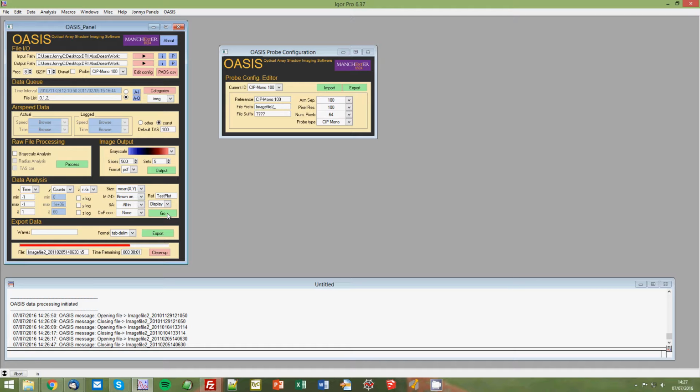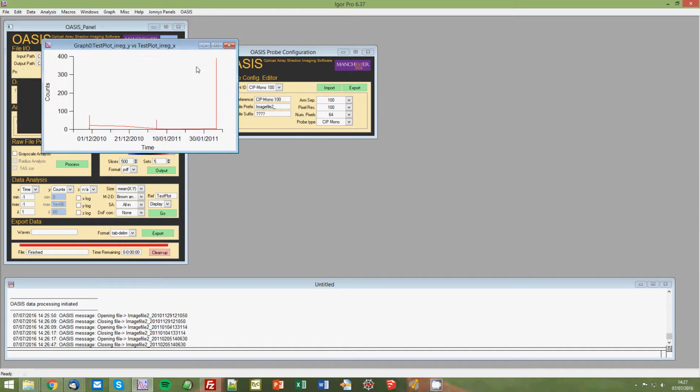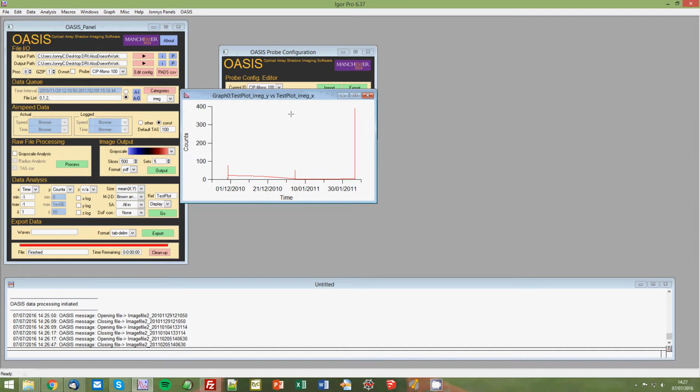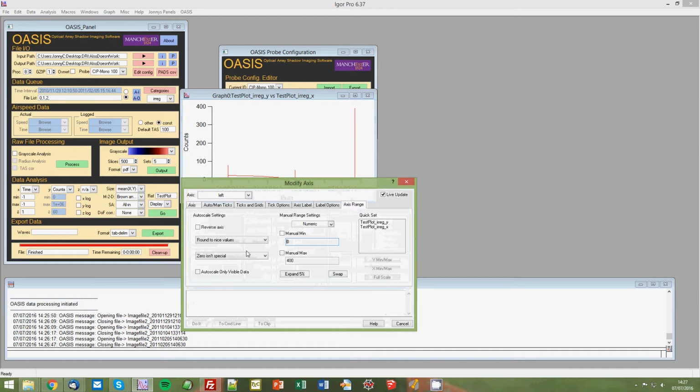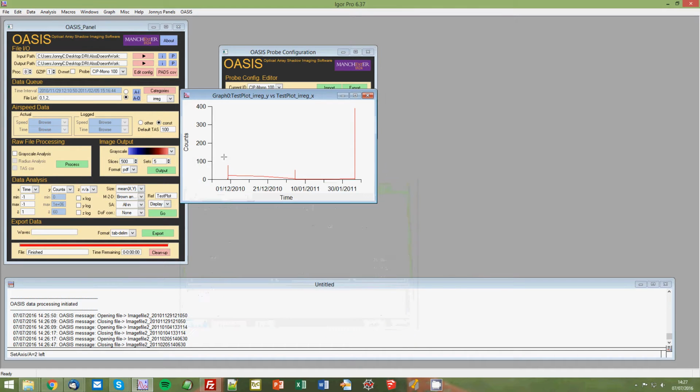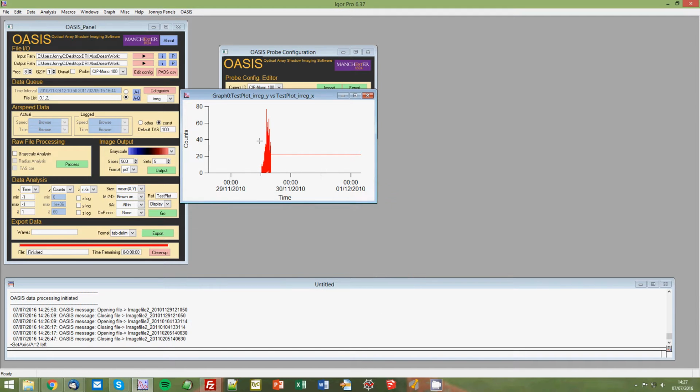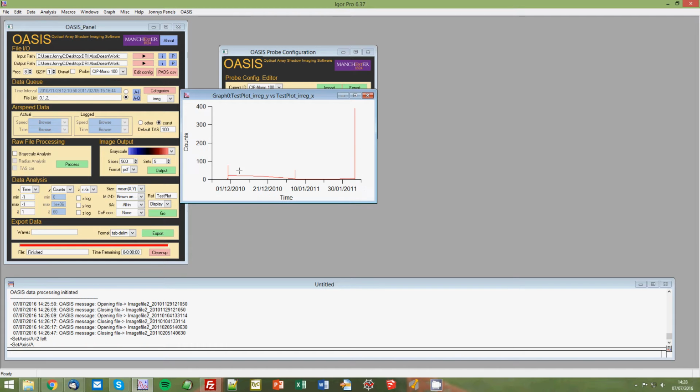So now you can see we've got this rather odd looking graph. Let's just get this option set up. So what we're going to do, we'll just zoom in horizontally on this region, and you can see we've got loads and loads of data for this time here. Okay, just go back on that and go back to the full graph. So I'm going to drag this cursor on to show you how the data looks. So we've got lots and lots of data here, and then we get to the end of this sampling region,